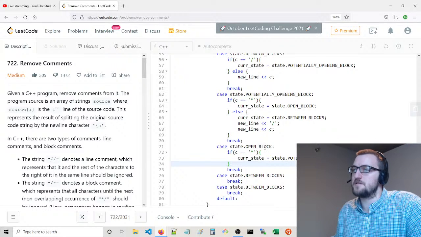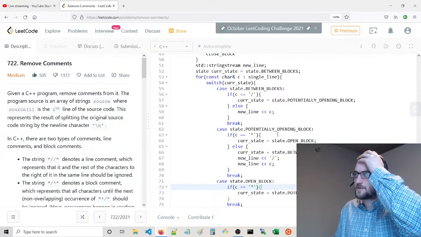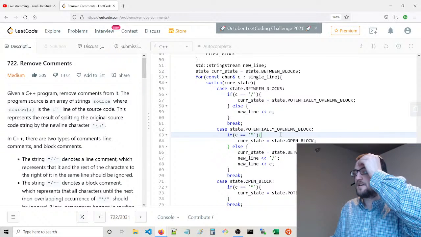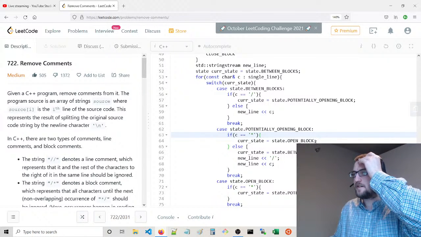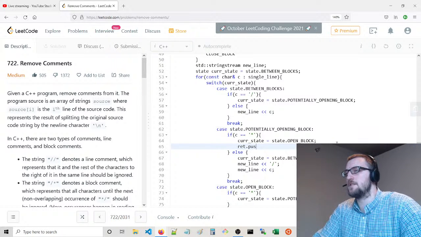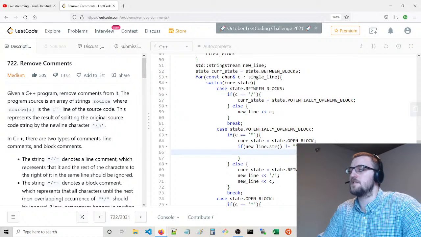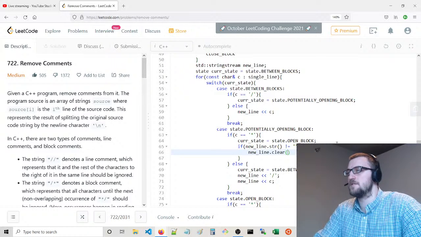So the main thing though is that we're not going to be appending. So actually, a couple things. If we open the new block, so yeah, we open our new block, then we're actually going to say ret.pushback. So we're going to say if new line dot string is not equal to the empty string, then we're going to new line dot clear.